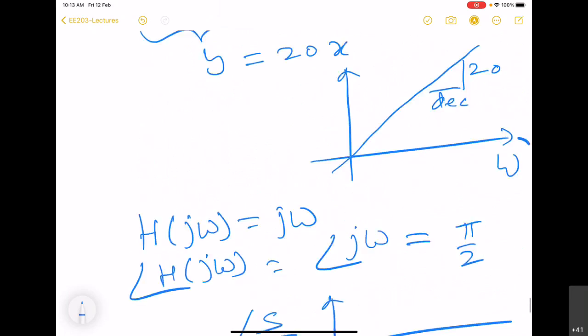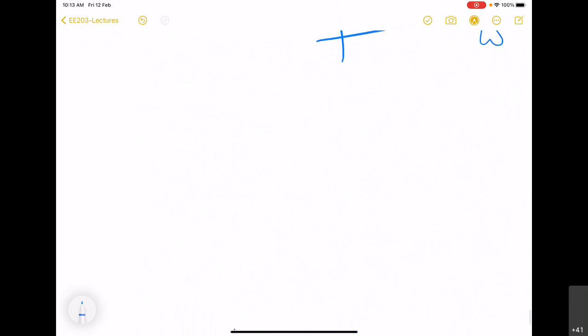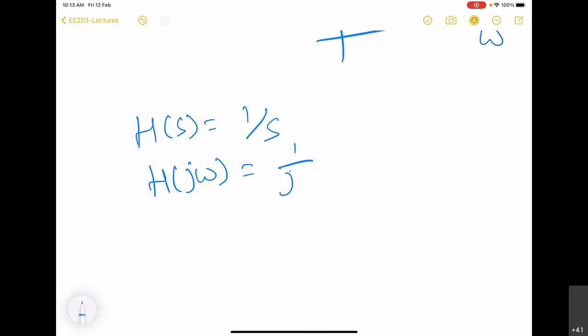So here we have a first order term without any constant added here. No constant is present here. And this is 0 at the origin. Similarly, there will be a pole at the origin. So we can have this scenario 1 by S, which is present in the example that we started with. So in this case, you can see that the transfer function H(j omega) is going to be 1 by j omega,